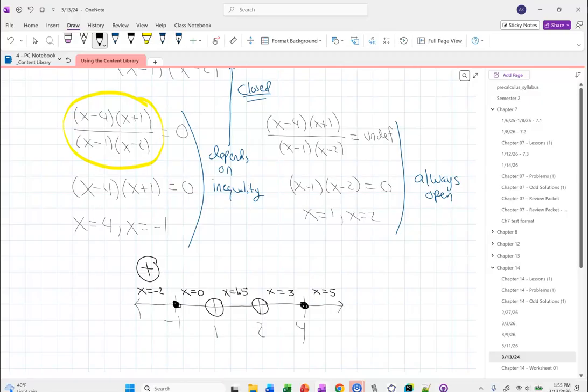Again, if you're more comfortable plugging it in and getting an actual number, that's fine. We're just trying to do this quickly at the minimum, but if that works for you, then that works for you. Now we're going to plug 0 in. When I plug 0 in, positive, negative, negative. 3 negatives is negative. An odd number of negatives is negative, an even number of negatives is positive. Always, guys, always.